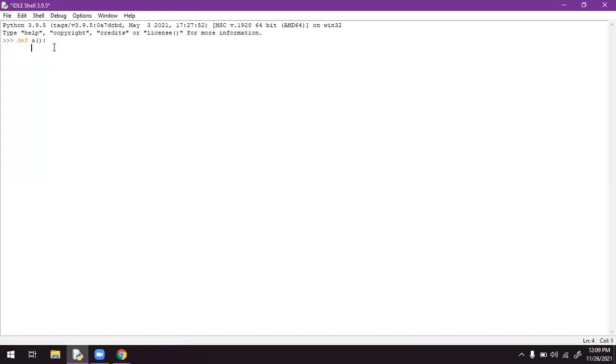I can write return, which must be written so that if I call the function, this is my function, it has to print. So if I call a, what I get is that it returns the statement: this is my function.